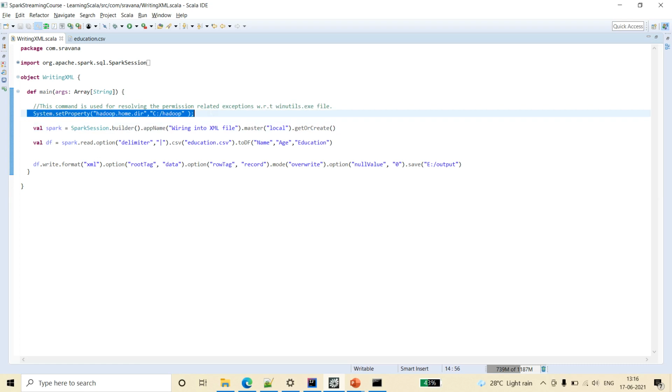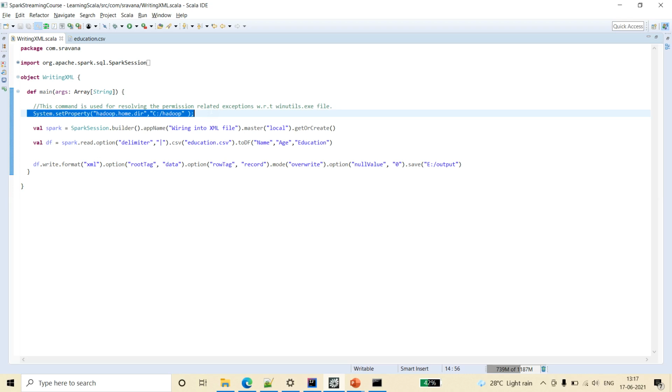Friends, this is the setting. You might have seen, when you are running your program locally in Eclipse, you might have encountered some exceptions related to winutils.exe or some permission errors like null pointer exception while writing the file to your disk.